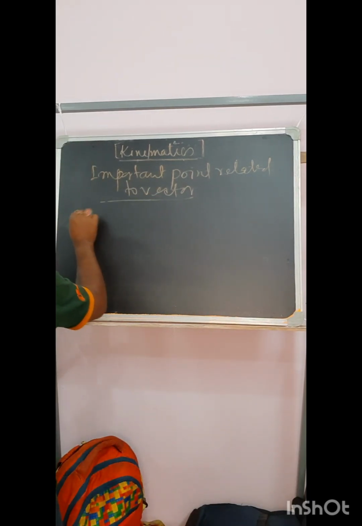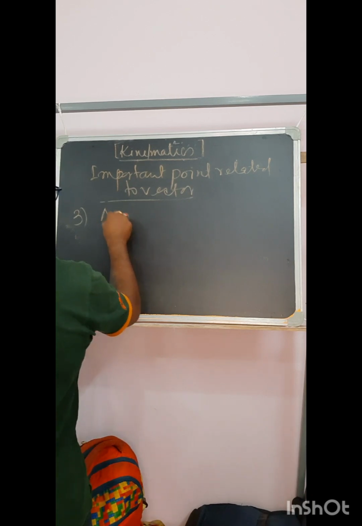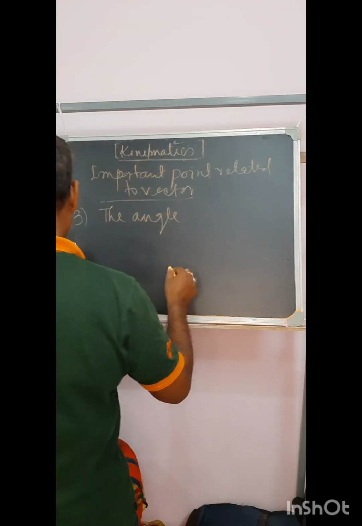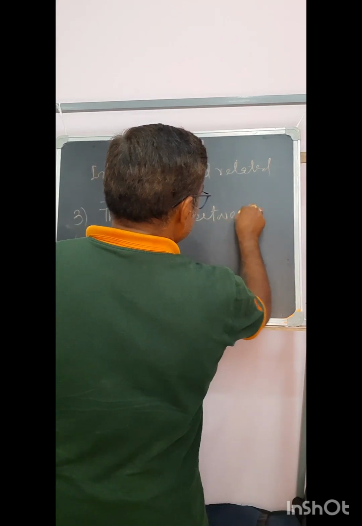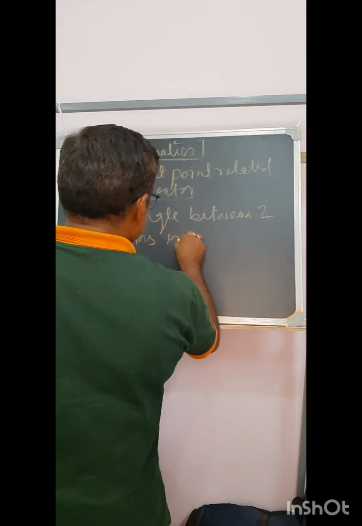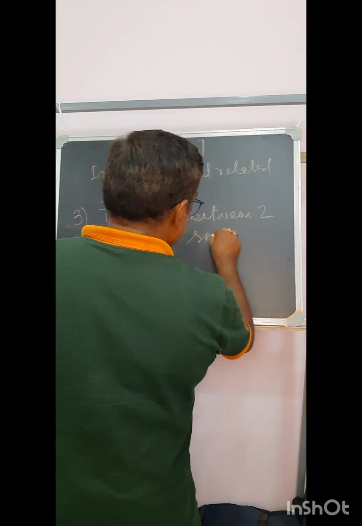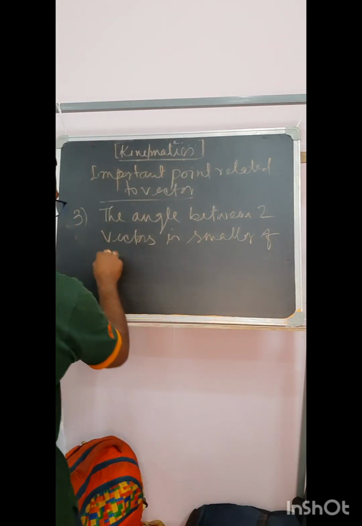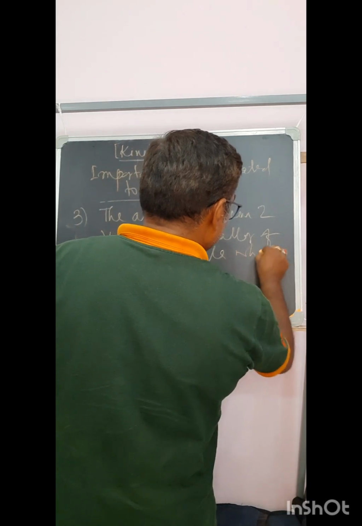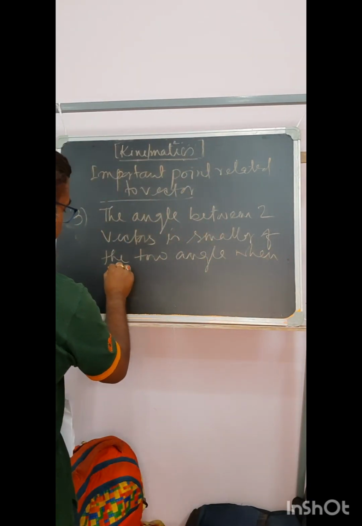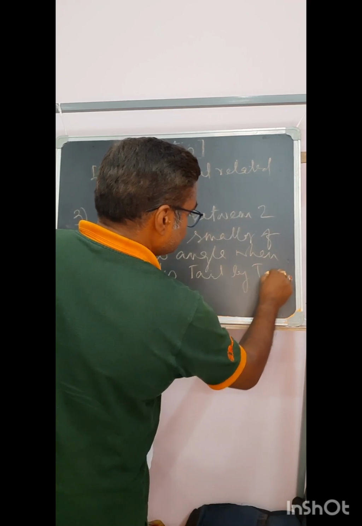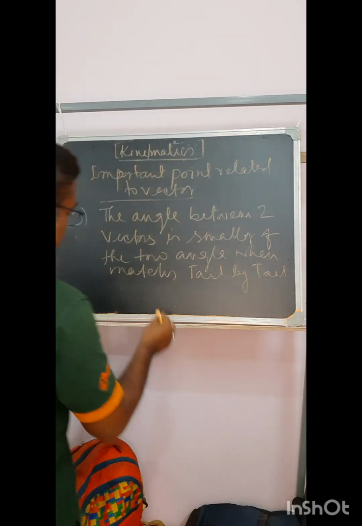The third acceptance, and this is most important, is that the angle between two vectors is the smaller of the two angles when they are matched tail to tail. Okay, so that means